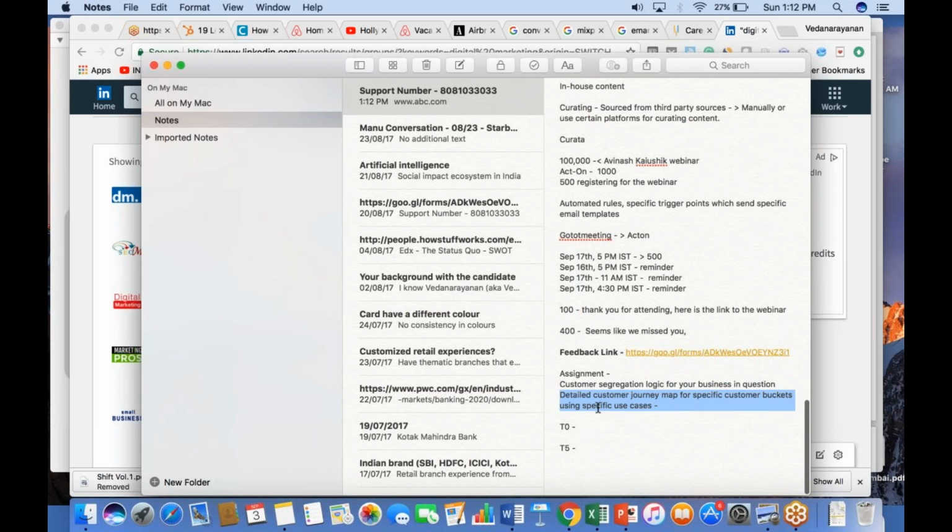The example I gave was for a person who's having his own chain of branded retail tea stores. An example could be, let's say he's taking customers for a visit to the tea plantation. How would the entire automated customer journey map look like? What would be the interaction on T0, T5, T10, T15, and so on? I gave an example earlier about a webinar registration process. So I wanted to be fairly detailed, and I want you to prepare this assignment.